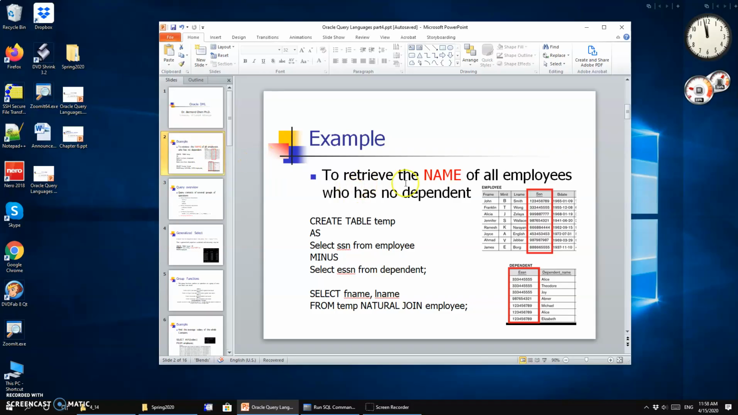In order to retrieve the name of all employees who have no dependent, that requires you to find every single one of the employees. Basically, you can select SSN from the employee. That gives you a full list of the employees, and you want to find the people who have no dependents. So if you use everyone minus the ones that have dependents, then you can get the social security numbers